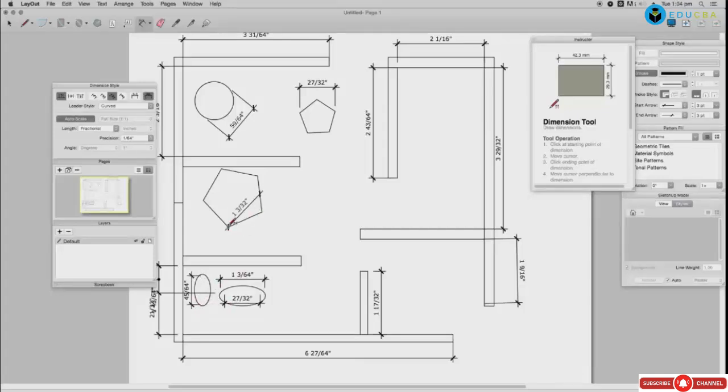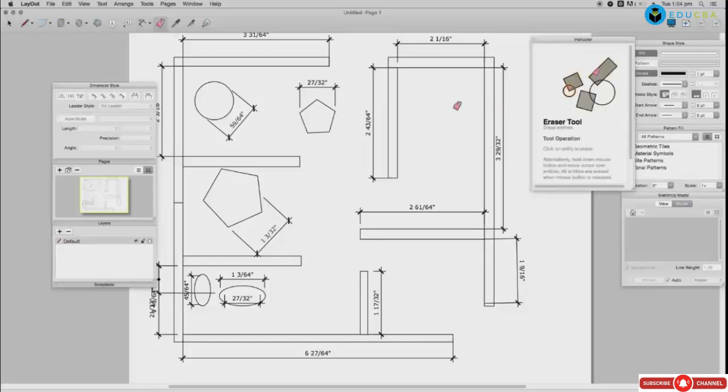Dimension flexibility you don't have in any other application. Any other drawing application will not have this kind of easy dimensional tool. It's a measurement tool as well as a dimension marker. You can fill it with whatever pattern, color, anything you like